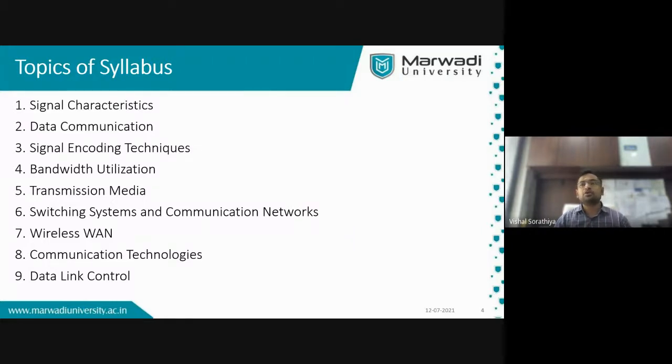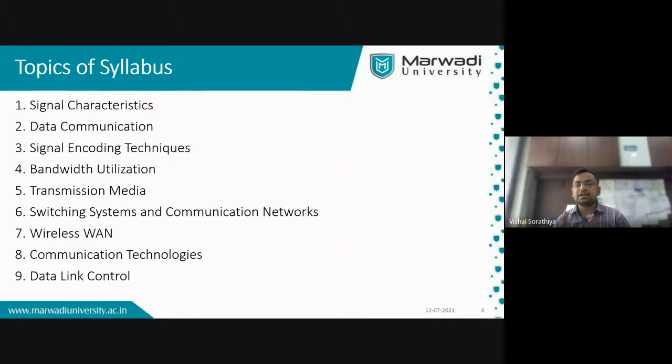Whenever we want to send a maximum amount of information with limited bandwidth, like sending a 4K stream video over your 20 Mbps or 30 Mbps data line, what different encoding techniques do we apply to the digital signal so that such faster speed can be achieved? Such signal encoding techniques we are going to discuss.